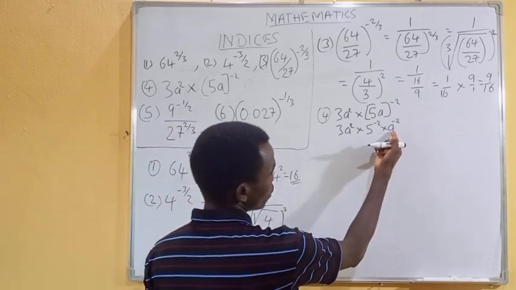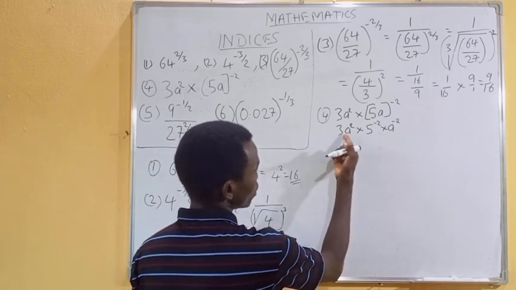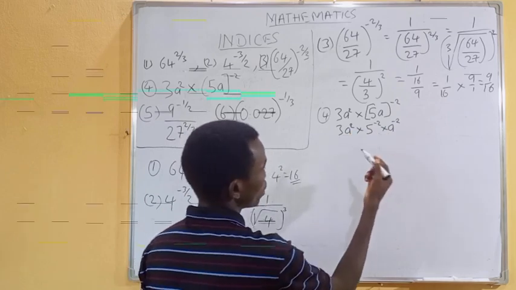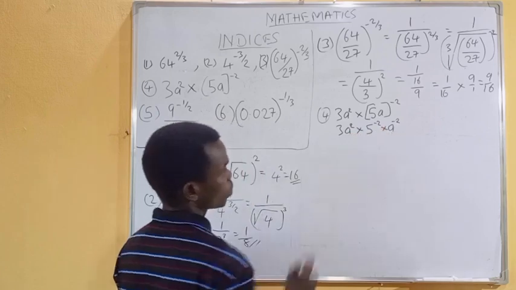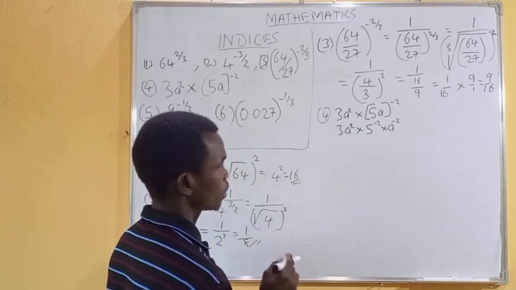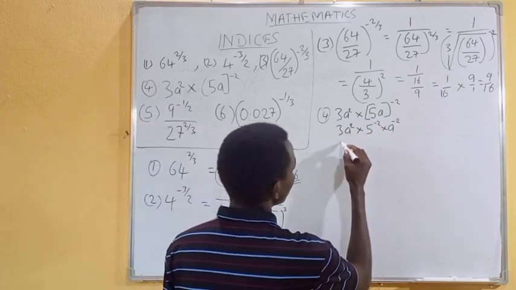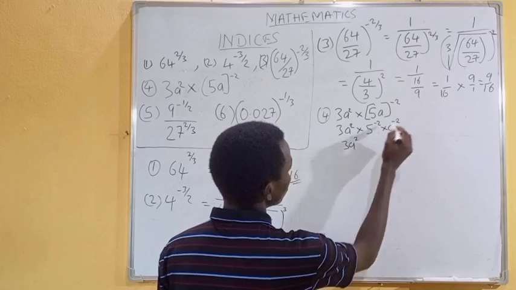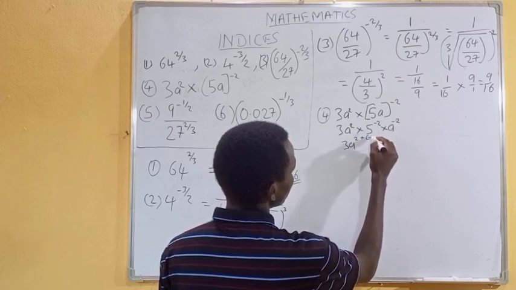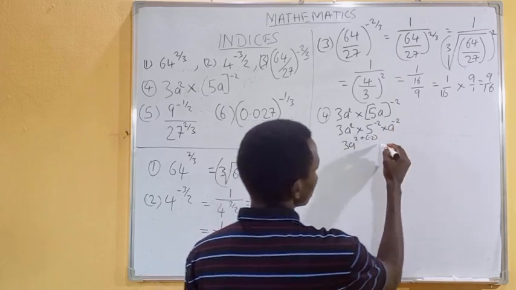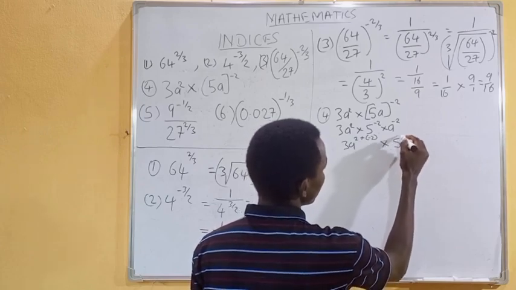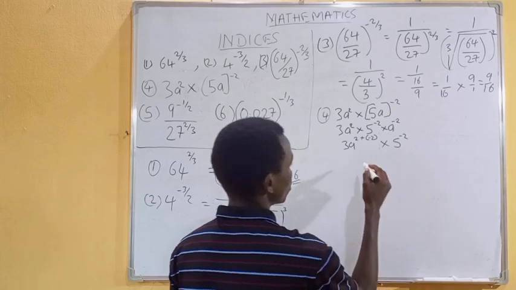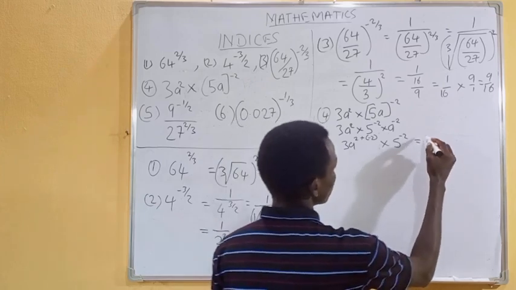And you can see we have the same base here, a and a. This you can use the multiplication law to add them together. It will now be 3a to the power 2 plus minus 2 times 5 raised to the power minus 2,